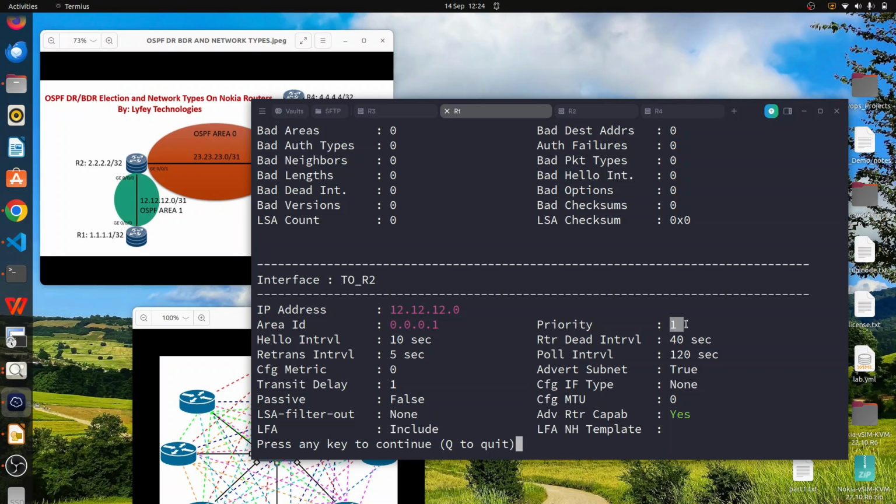So sometimes you may end up not being able to control it just by setting the priority. Especially when you set the priority, you always have to restart the process. Remember, in this setup, we have the DR priority set to 1 and 1. But if you check on the DR election, you can see that